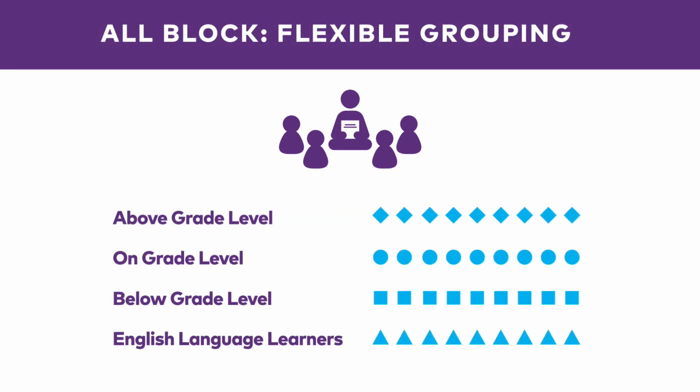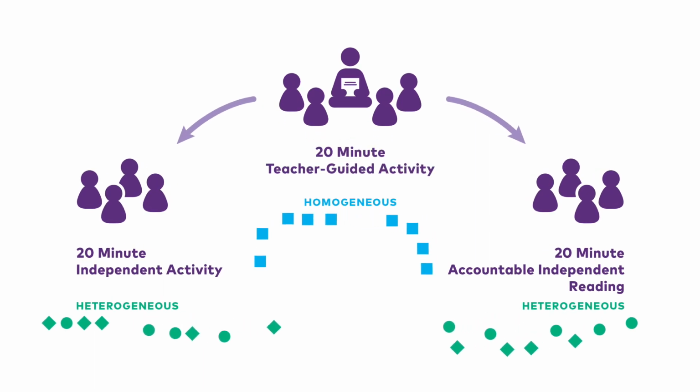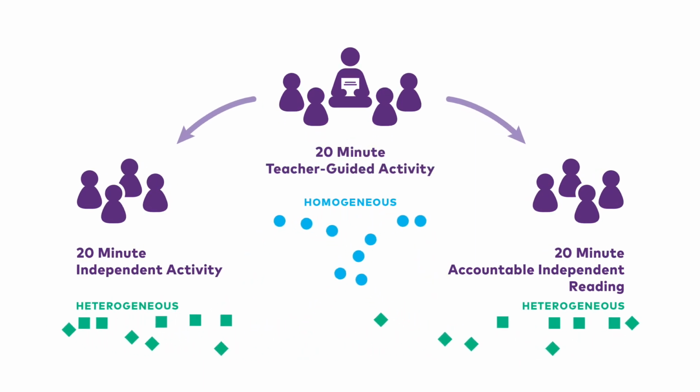English language learners may be grouped together or with other groups, depending on the learning needs and skills of each student. Every 2 weeks, students are regrouped based on formative teacher, peer, and self-assessment. When not working with the teacher, students decide in which order to complete the remaining 2 components, accountable independent reading